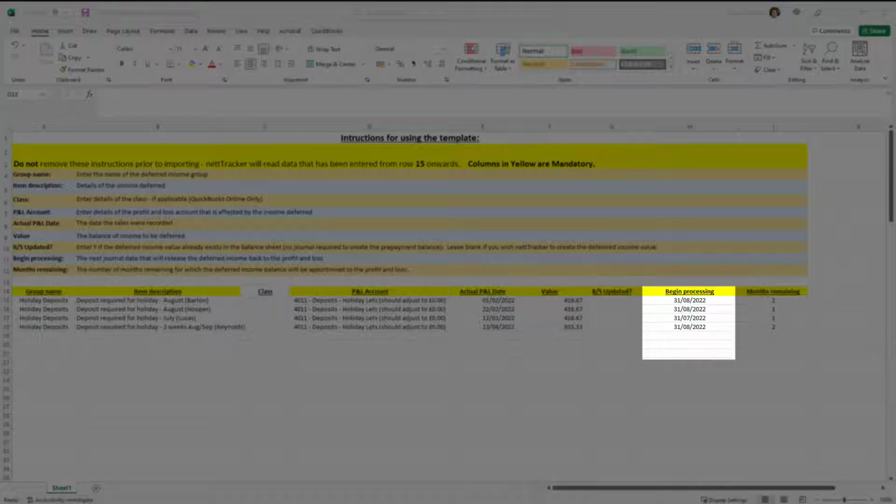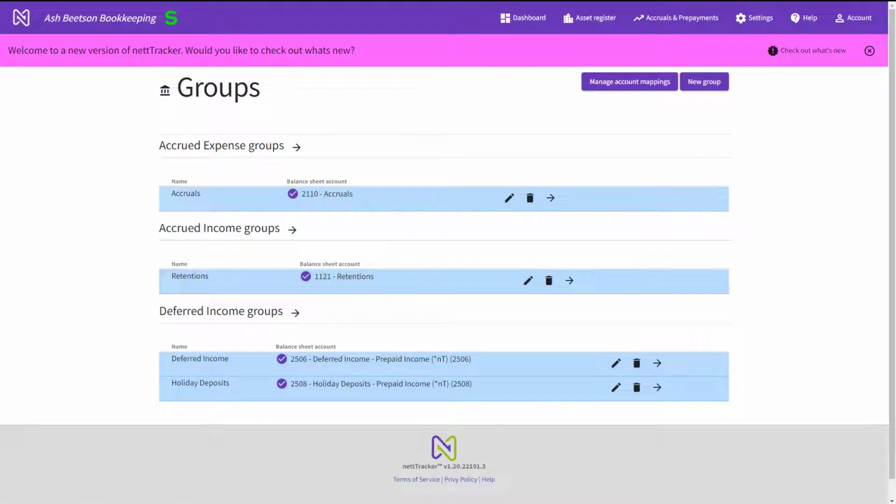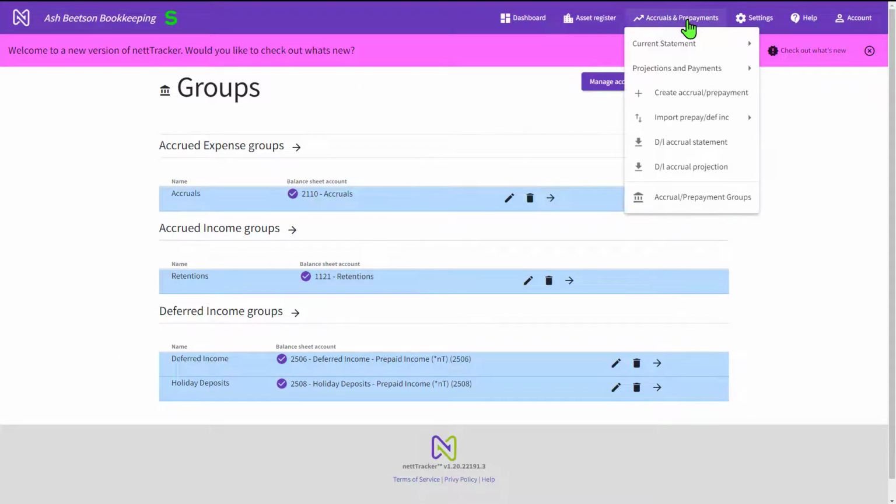And then I've got when do I need to start making those adjustments, putting the entries back into the profit and loss. So I've got there 31st of August, I've got July in there. One of those holidays straddled 2 periods. So for the last line there, I've got 2 months remaining, so it will split that value over the 2 months. With my import template saved, let me now go to my accruals and prepayments menu, choose to import my